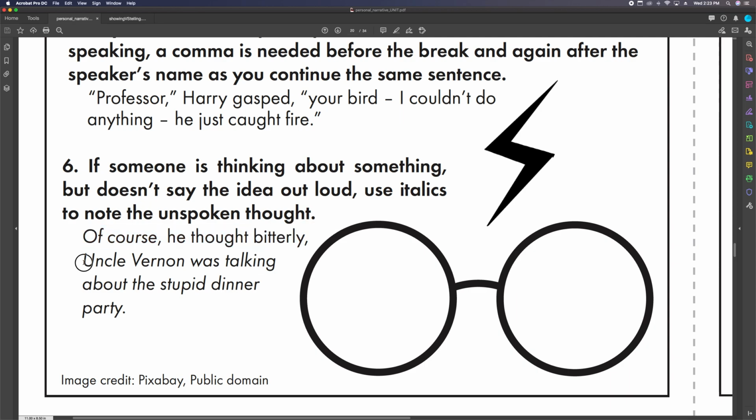And then here is the thinking, and you'll notice it's kind of hard to tell with this font, but Uncle Vernon was talking about the stupid dinner party is in italics. It's the thinking. So apparently that goes for other kinds of dialogue as well.